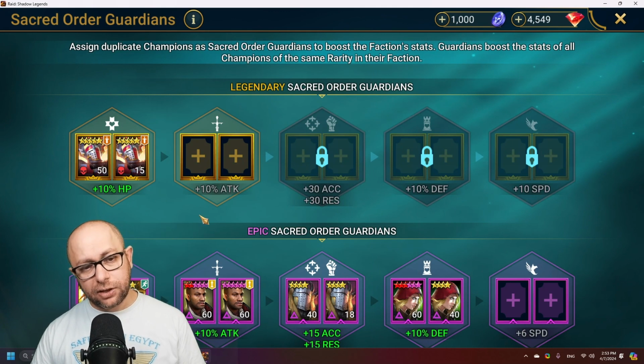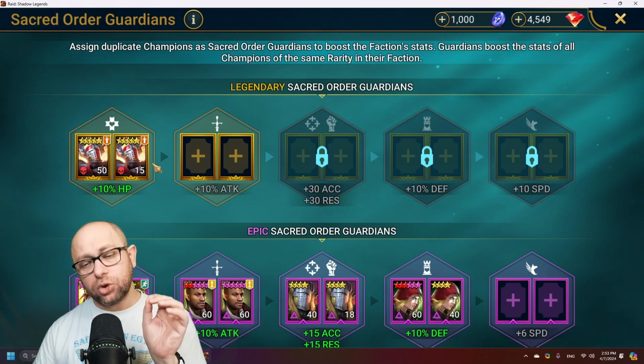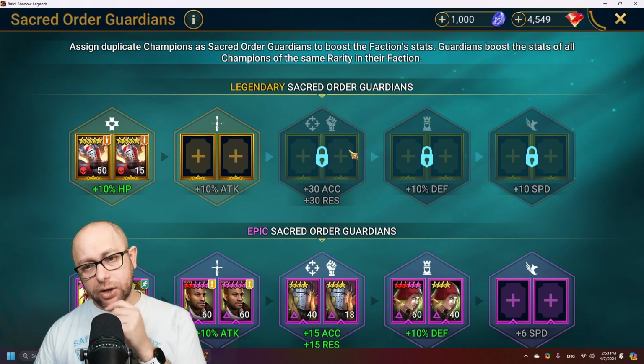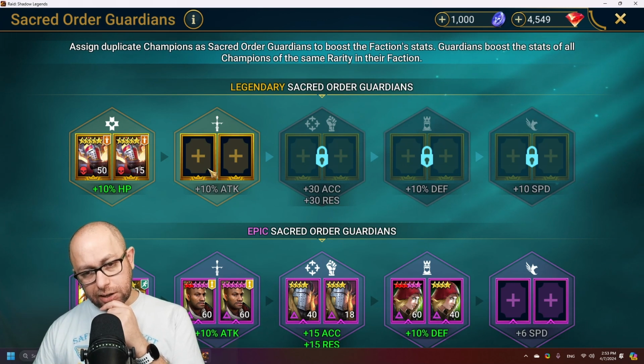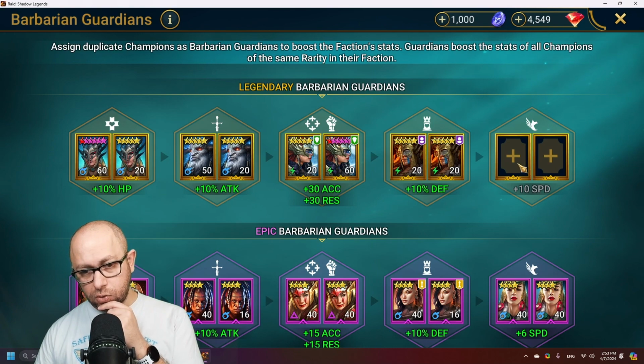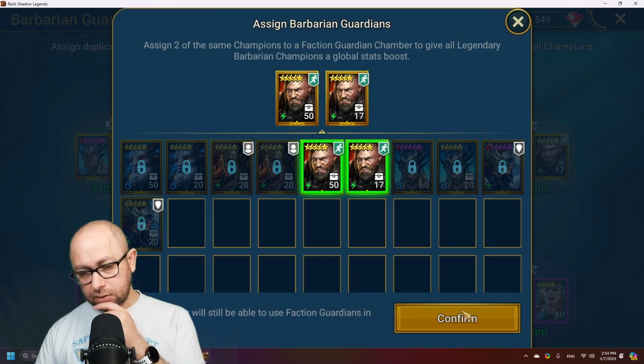I already have the HP. But yeah, 10% HP is not good enough for me. It will start to get good here, where I can give more accuracy to my Venus. And attack is not important. I'm not using my Astralon anymore. Let's see, do I have anyone else? Oh, I can actually get 10 speed on...